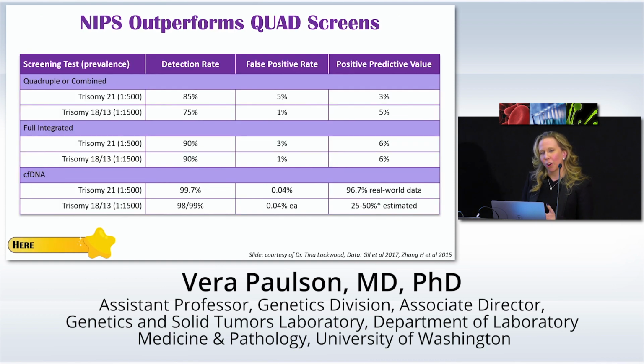Thinking about what accounts for this growth, I think if we compare what we see on the quad screen, where you're looking at proteins in mom's blood, or integrated screen where you're looking at those proteins plus imaging, you can see orders of magnitude difference in false positive rates and also profound improvement of sensitivity in cell-free DNA compared to those other methods, especially when we think about the women that were being screened for proteins and for integrated screening. This was that high-risk population, and cell-free DNA really was offered to everyone that wanted it. And so that really is just a phenomenal improvement on standard of care and why it was so readily adopted.